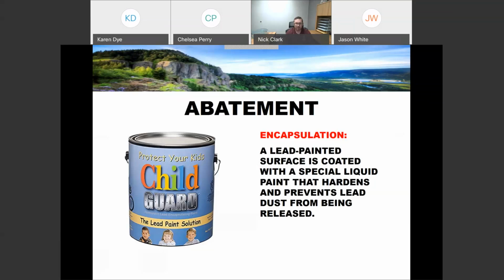We've seen people try to encapsulate it before they scraped everything off, and it will still try to snap and peel off. So it's best that you wet scrape and repaint first, and collect all that, and then paint it with encapsulant. It does harden very, very hard, so it's going to hang on to all that dust, and it